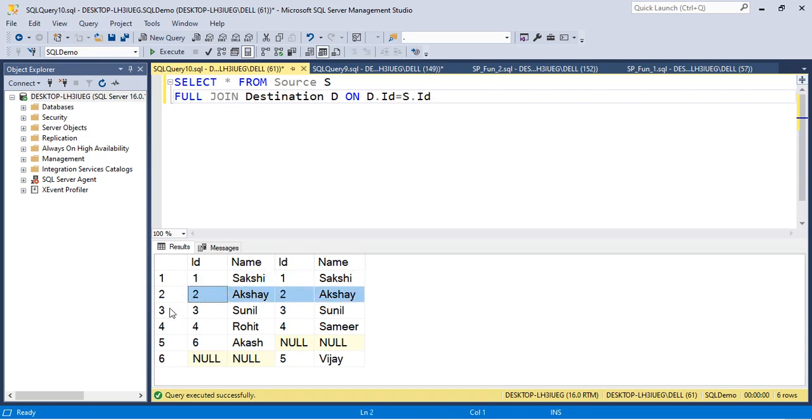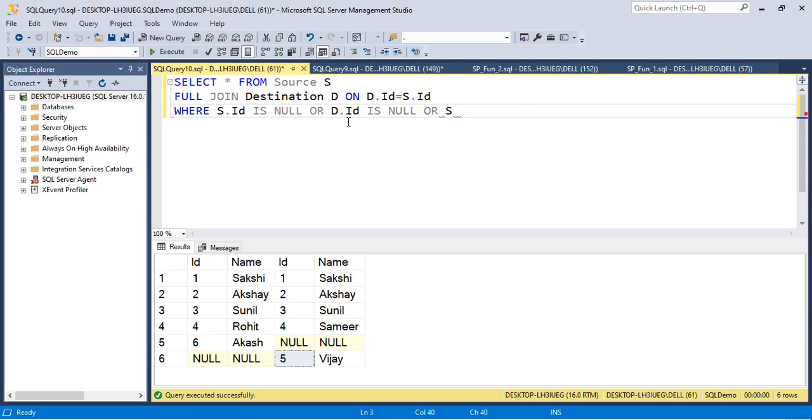I do not want this matching data, so we have to put some conditions here where this is the source ID null, here is null but here is 5. So either S dot ID is null or D dot ID is null or S dot name does not match with D dot name. Press F5